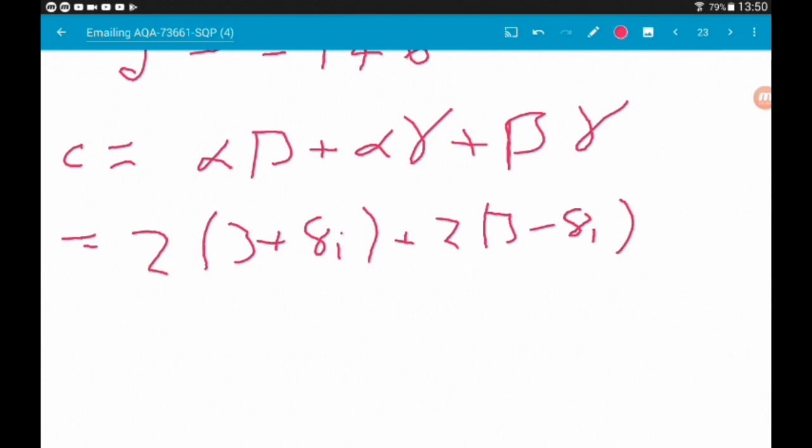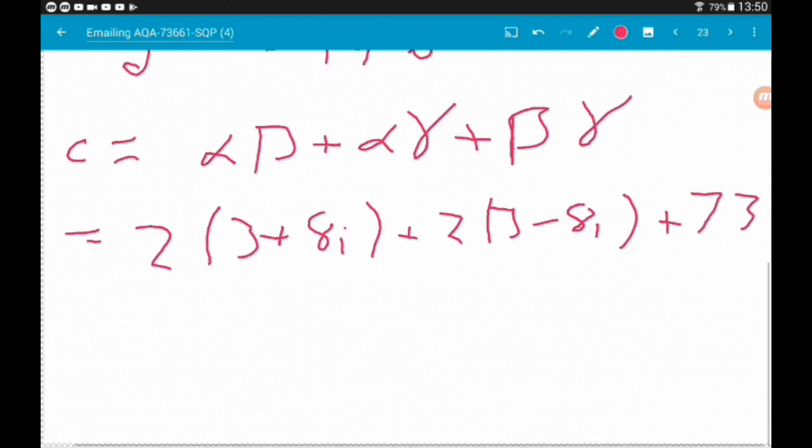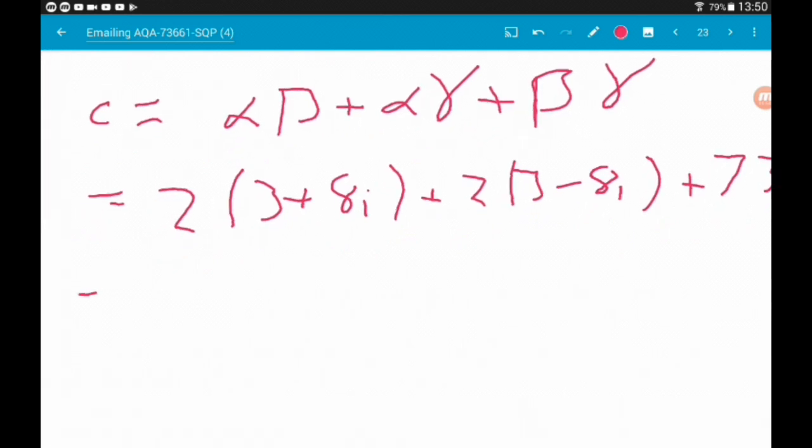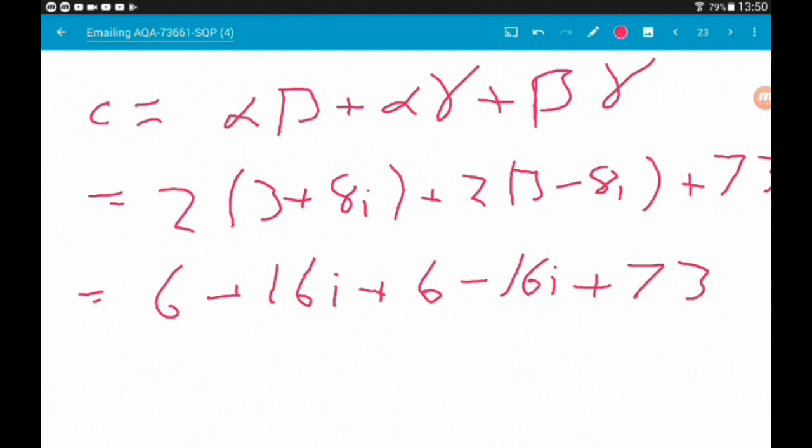I'm not going to do that again. So we've got plus 73 on the end. So we've got 6 add 16i, add 6 minus 16i, add 73, and that leads us to c is